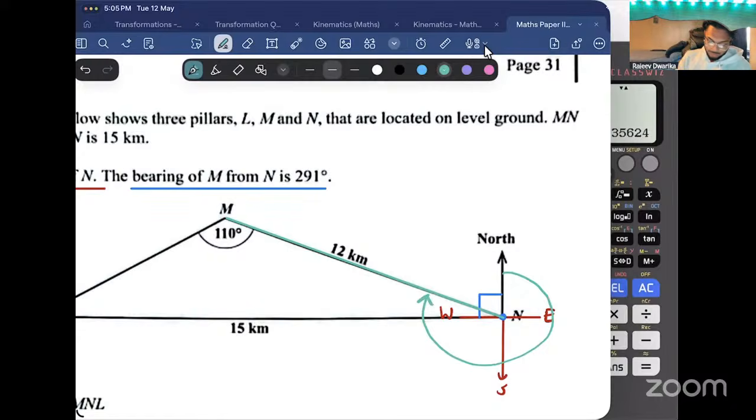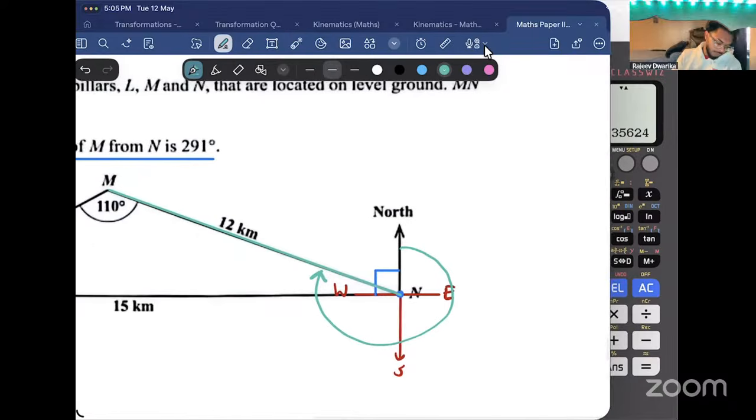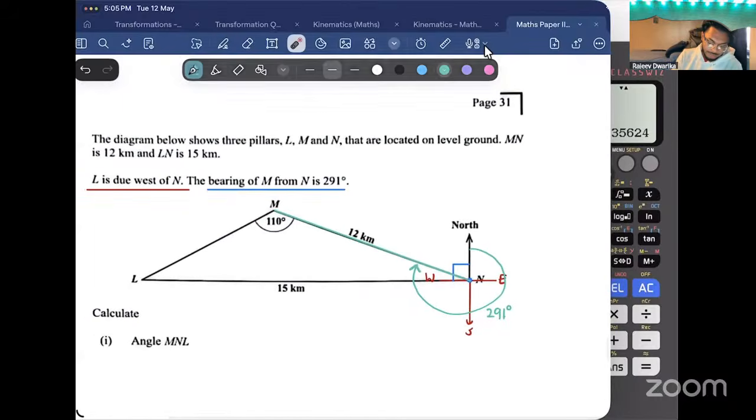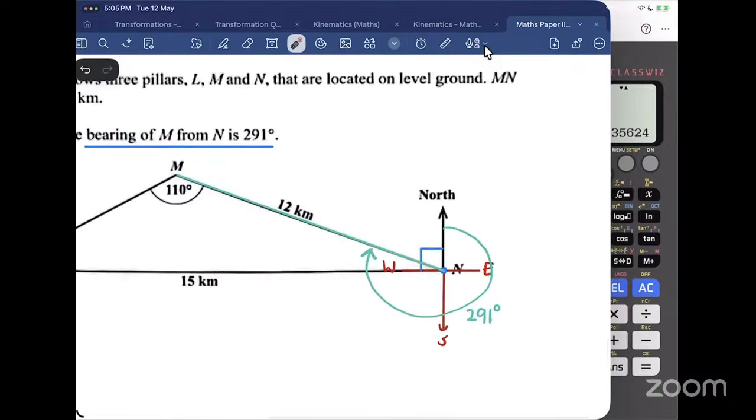Do you understand that or no? Yes, sir. And we're going to label that what? That's 291 degrees, as they said earlier. They say that, right? Now,